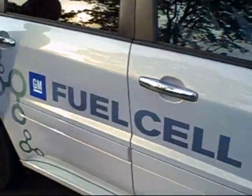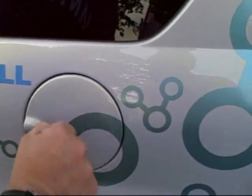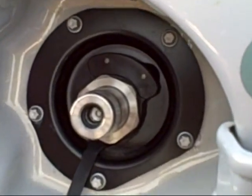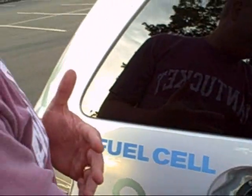this is where we normally put the gas, but now if you see, you open it up and you put the hydrogen hose in here. They take the hydrogen out of water, hit it with electricity, which, the environmentalists are, the poor fish, what happened to the poor fish? You're using too much water. But you take it, you zap the water with electricity, you take the O out, you just keep the hydrogen,